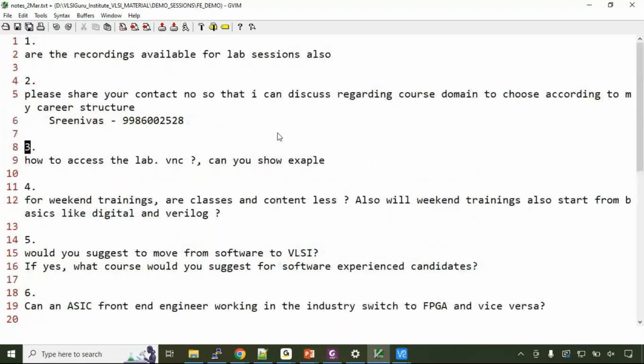So I've shown you till the third question. Next, let's go to the fourth question. For weekend trainings, are classes contentless? Also, will weekend training start from the basics of digital and Verilog? In weekend training, what happens is